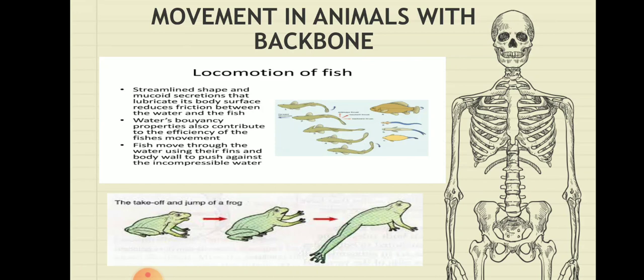So, in fishes, you all know that they have certain body organs which help them to carry out the movement. The first is the streamlined body. It helps them to swim easily in the water, and they even have fins which also help them in movement. They have strong muscles which are attached to the backbone and a tail which helps them to change direction, and they can move very actively in water.